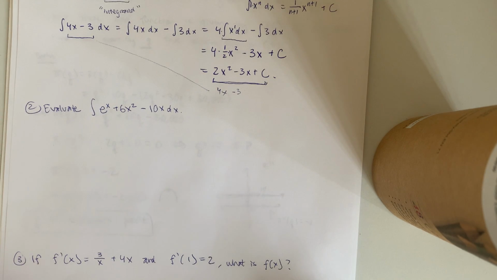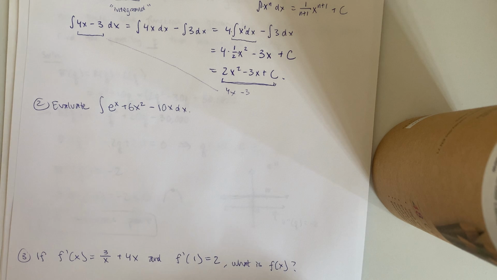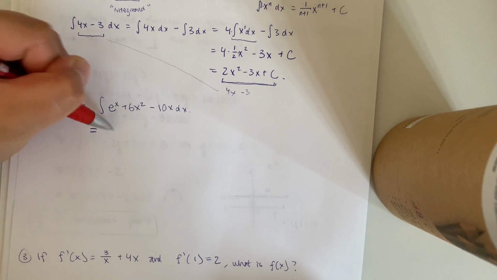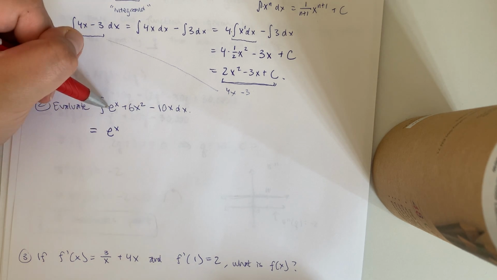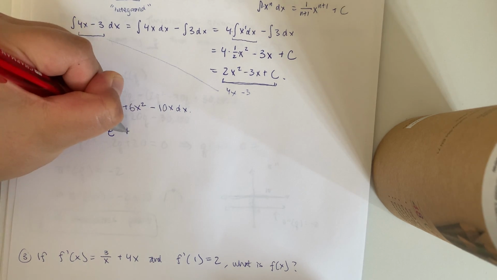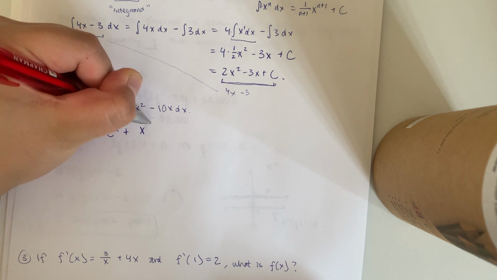Okay, in example 2, I'll go a little bit faster. I'm not going to break it up into separate integrals. The antiderivative of e to the x is just itself. This makes sense because when you differentiate e to the x, you get e to the x, so going backwards, nothing changes. For the next term, the 6x squared, I know I need to bump the power up by 1,